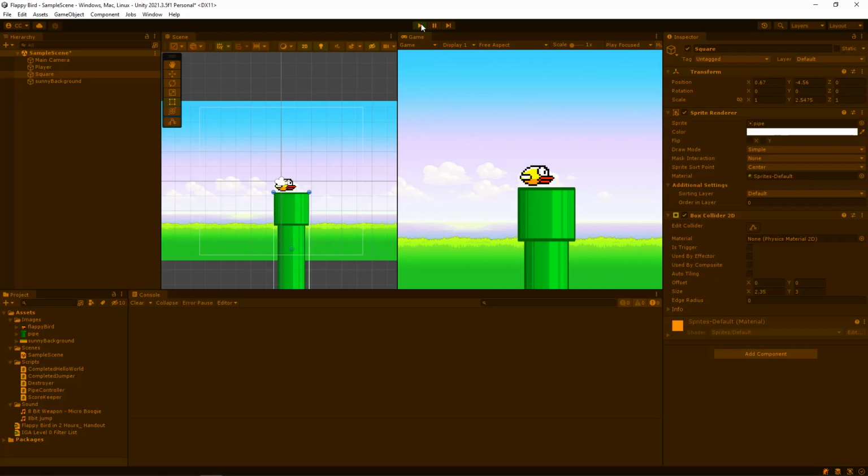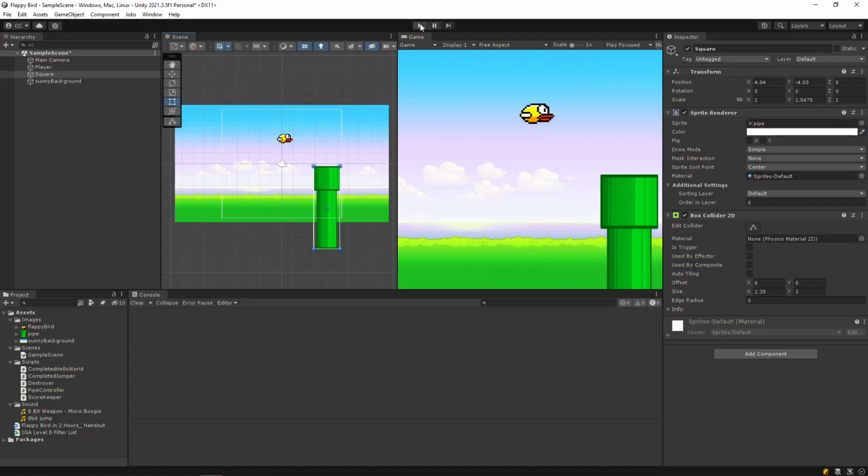So now that we have Flappy Bird and pipes, that is very close to the Flappy Bird video game, but it's still got some missing components to it. Most notably, if I move this pipe over to the side, and if I click play, there's no way for me to jump. What's up, Bruno?